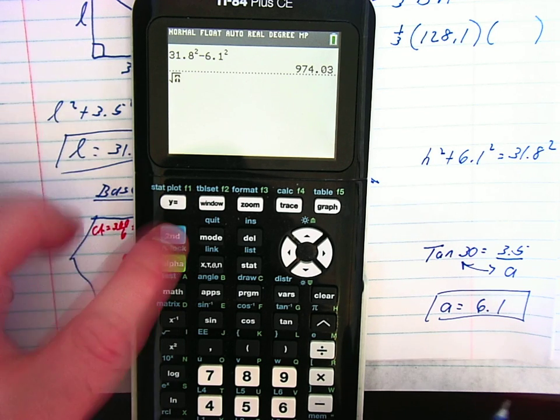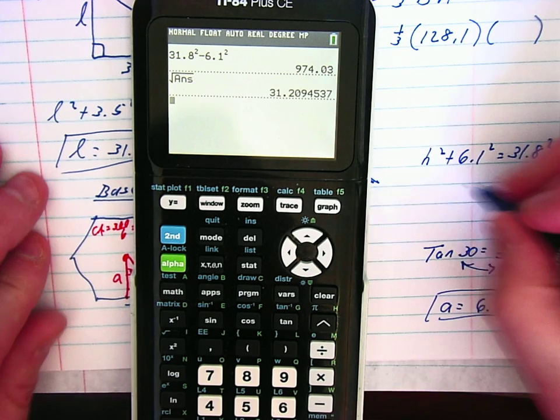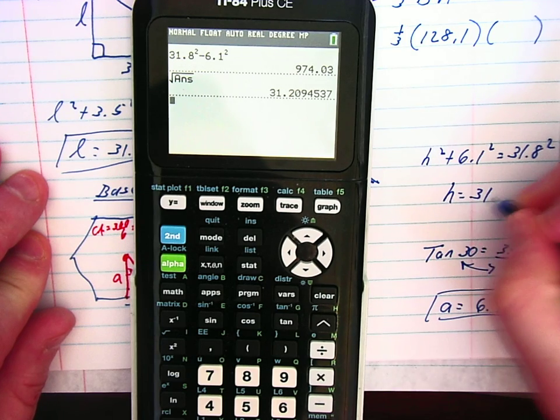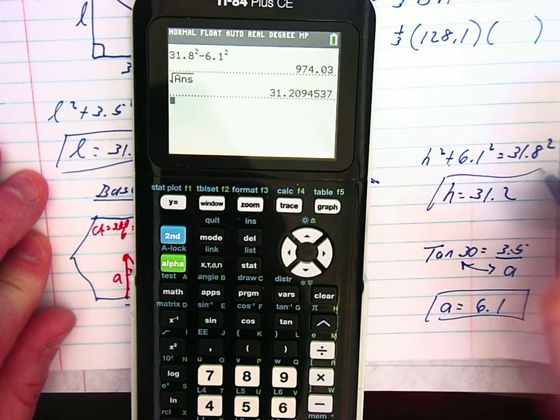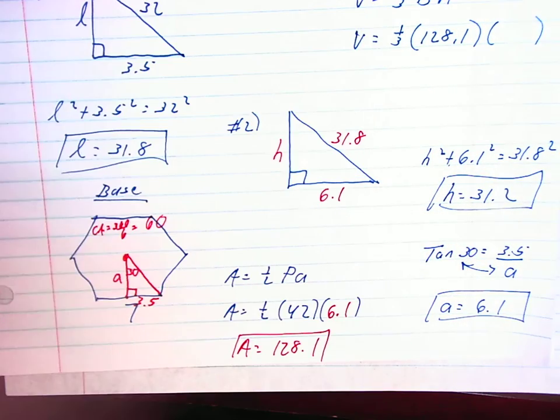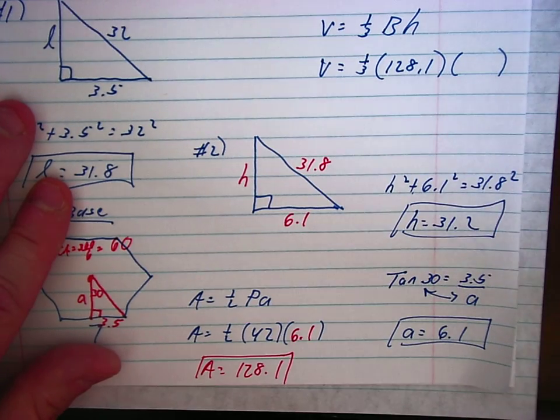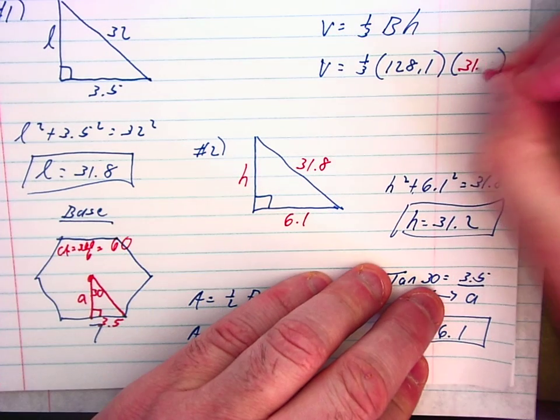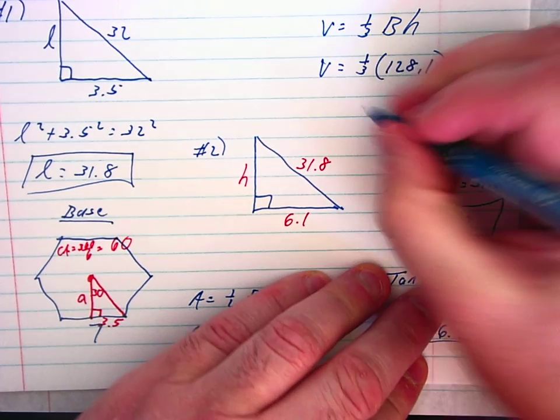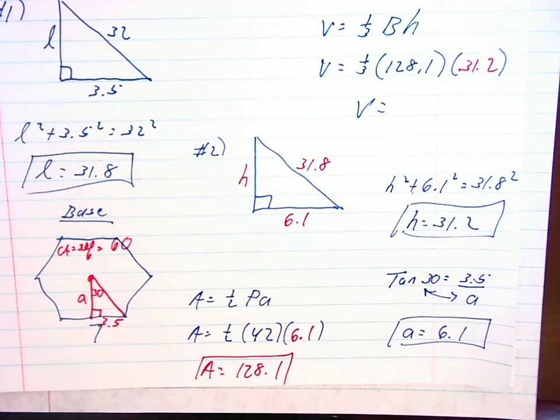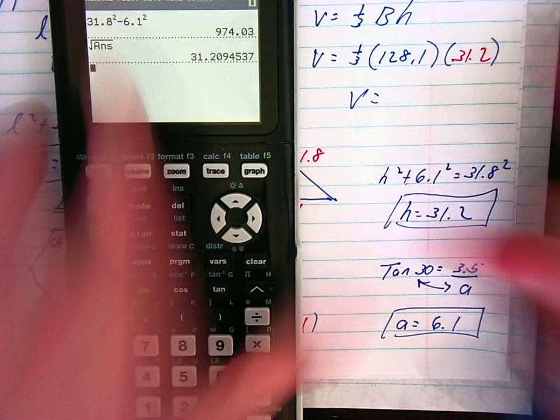I'll take the square root of that number, and there is your height, 31.2. Throw that up here, in for height, and you are going to be done the problem. So volume equals, multiply it all together, and that is